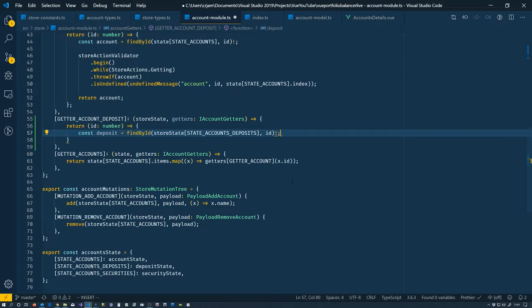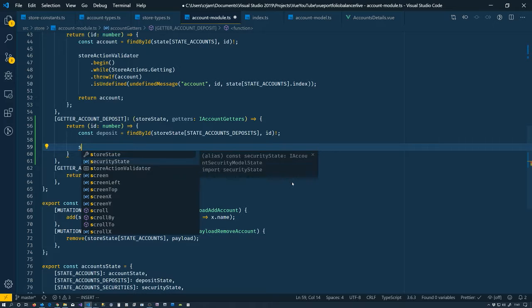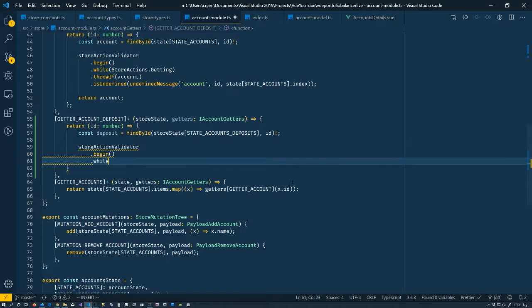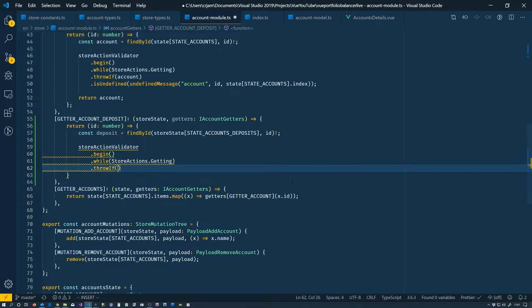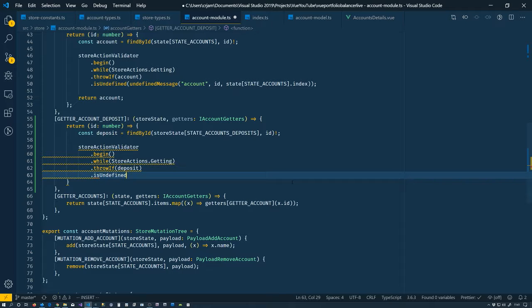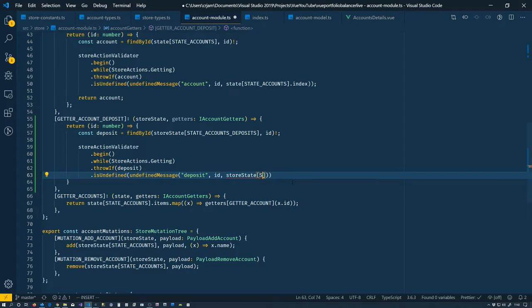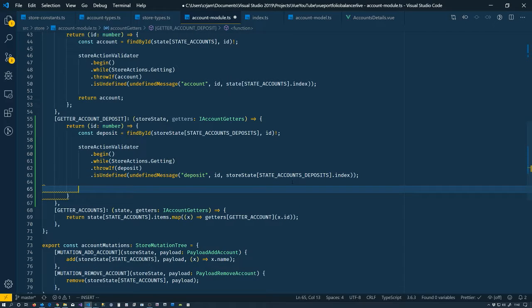We know that it's not undefined because we're about to check. So we have our store action validator. We'll just say begin, and now we do while store actions getting, throw if deposit is undefined. We have our undefined message. We were looking for a deposit. We have the ID, the store state for it, which is its deposits, and an index value of that. Perfect. So now we have our throwing if we have it undefined, and we could say the deposit dot account